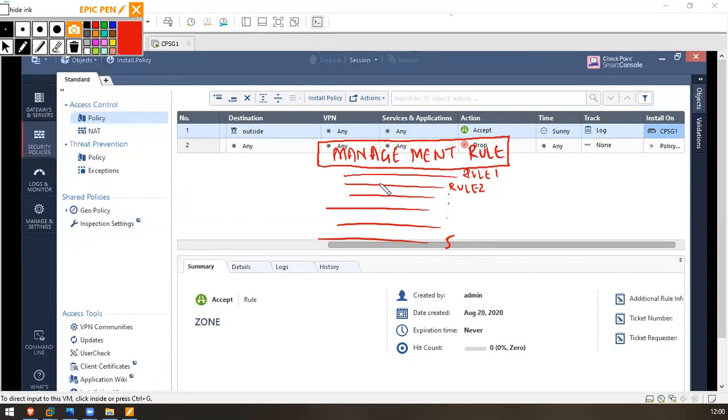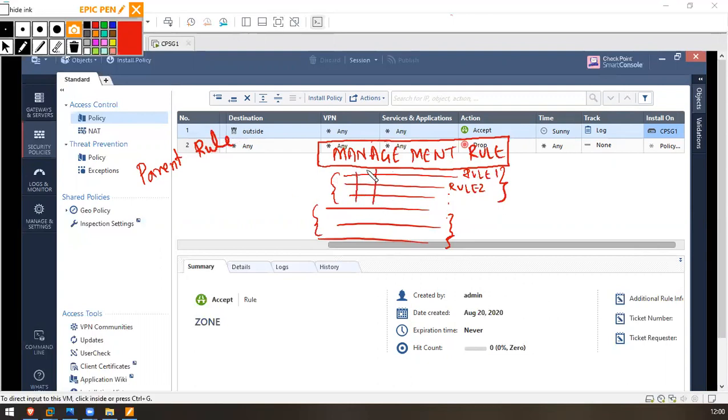Okay, what do inline layers mean? In inline layers, if these 3 rules are sort of similar, and these 2 rules are sort of similar, you can create a parent rule which signifies the common thing in this.